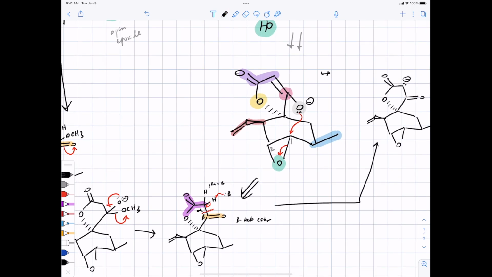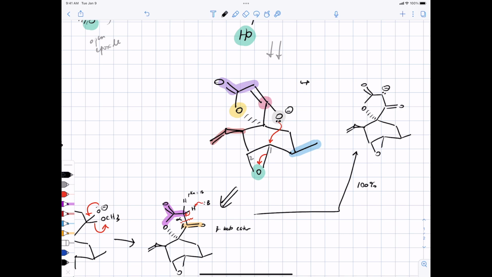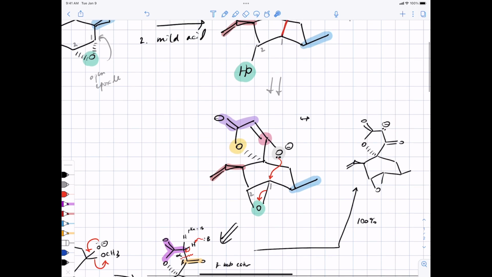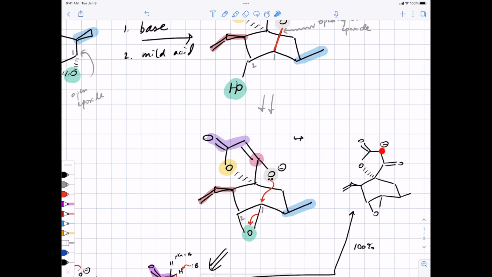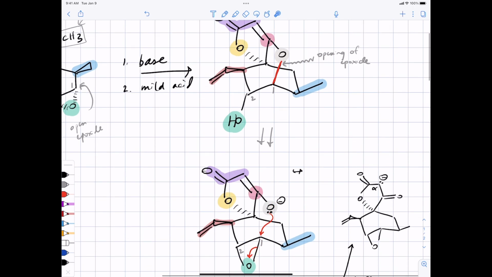And that's 100% quantitative yield. And then once you make that enolate, the oxygen here is held close enough to the epoxide. And this is an unusual step. This is a step we haven't seen before. Normally we've done enolate alkylation at the alpha carbon. This is an example where, for whatever reason, because the oxygen's close to the epoxide, you alkylate the oxygen with